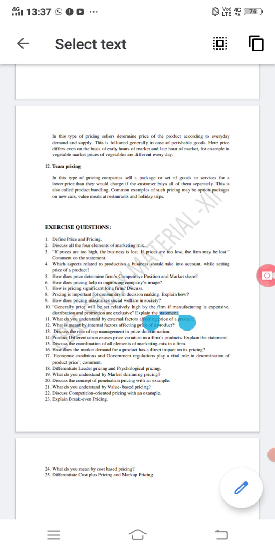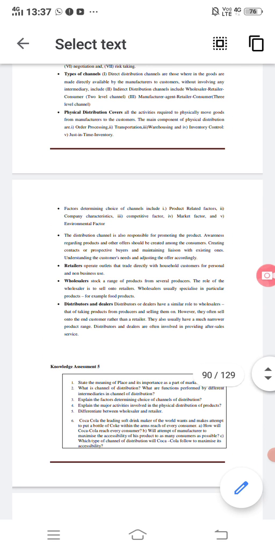All methods are very very important and very important for your board examination also. Any MCQ can be asked from these methods. As we know, in the board first term there will be MCQ questions. So just remember, just go through them.